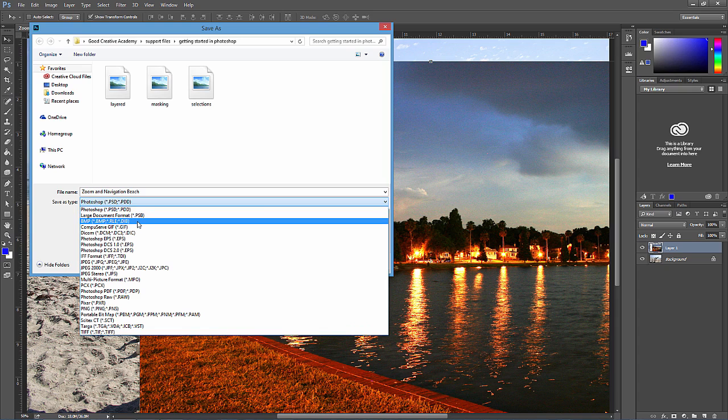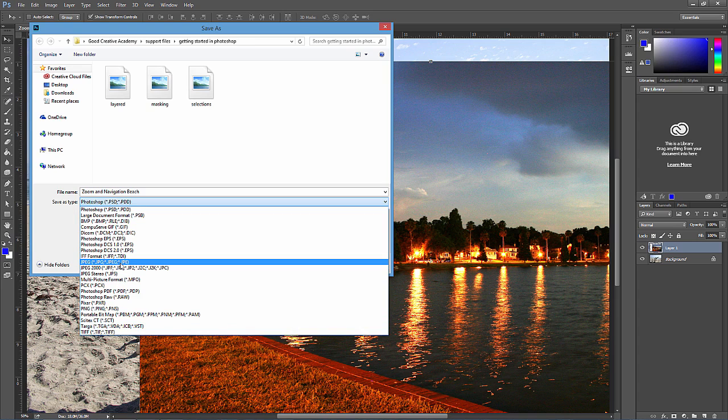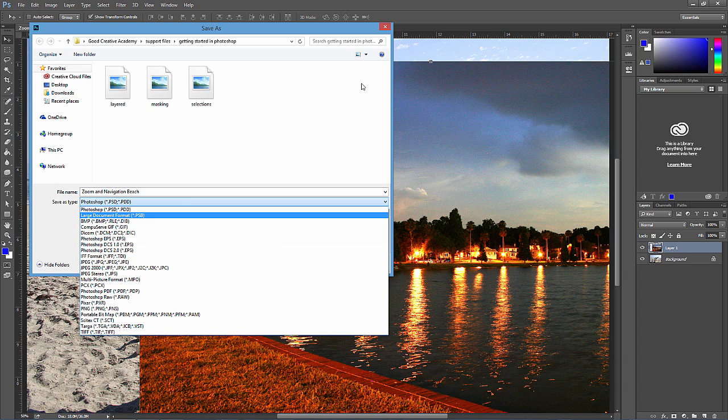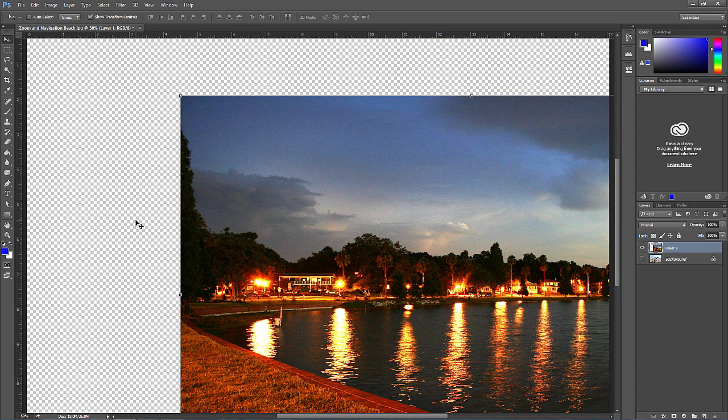A few other raster style image formats you might see include BMP, which is a rarer format than JPEG. There's TIFF, as well as GIF or GIF. Unlike JPEG, the GIF format can preserve transparency, so if you had a Photoshop file with a layer and then a checkerboard pattern behind it in the background indicating transparent area,